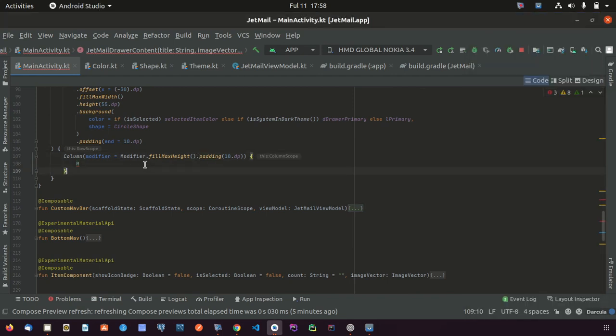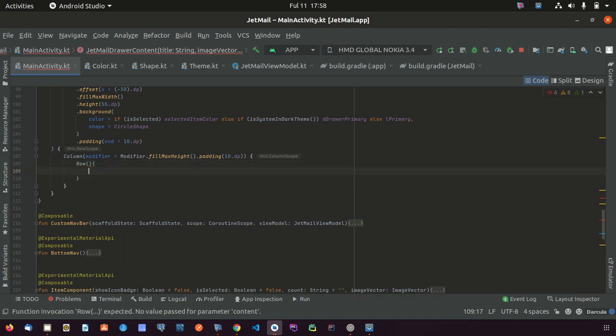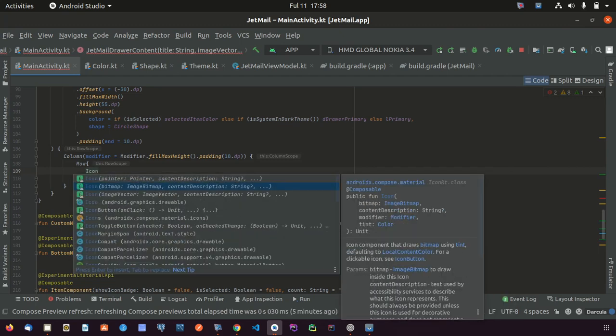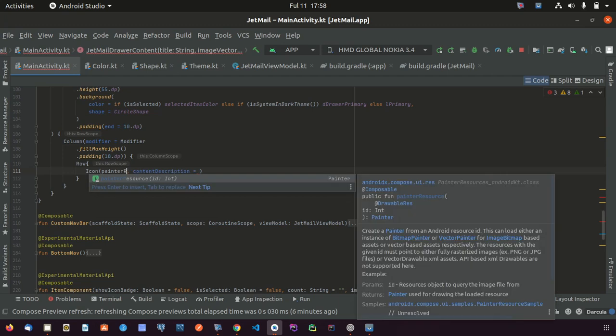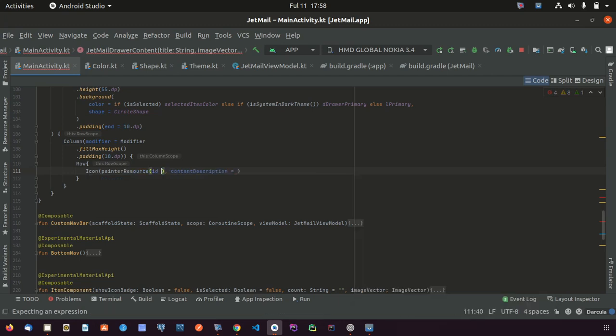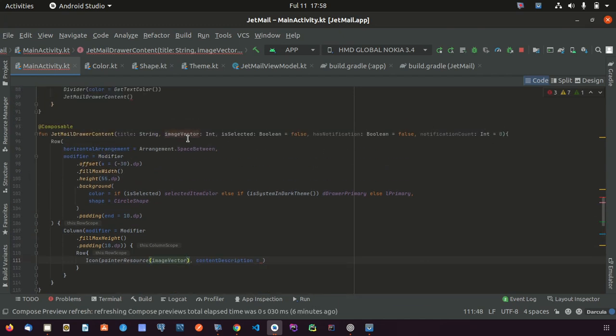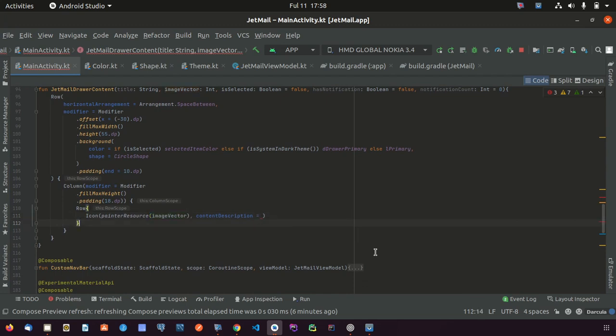So the first row has an icon, we need to open the painter resource. The painter resource ID should be from the image vector passed in up here, this one, and the content description,